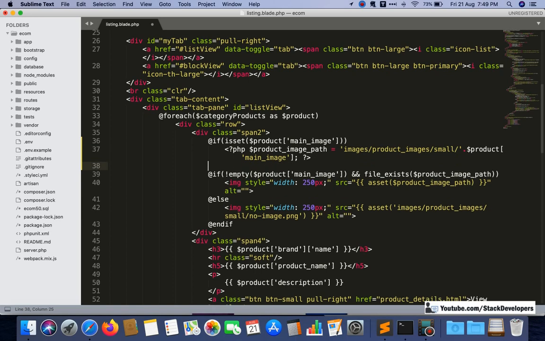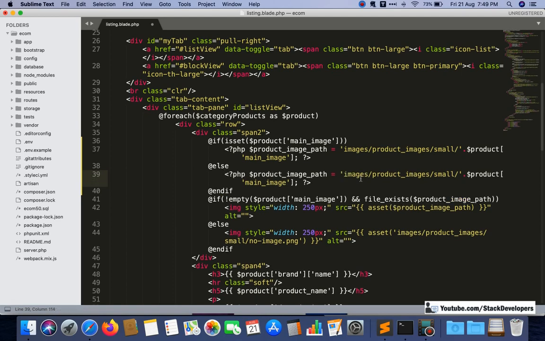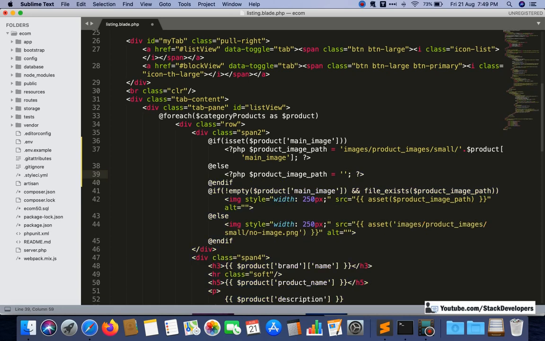Otherwise we will set the empty path. I am going to copy this one and paste here like this, and otherwise the path will be empty. I hope this is clear: if the main image is there, then the path is there, otherwise it is empty. So no error will come,